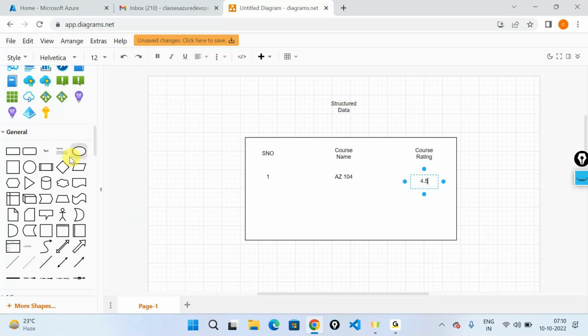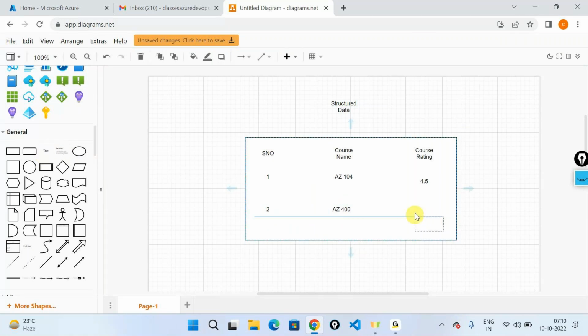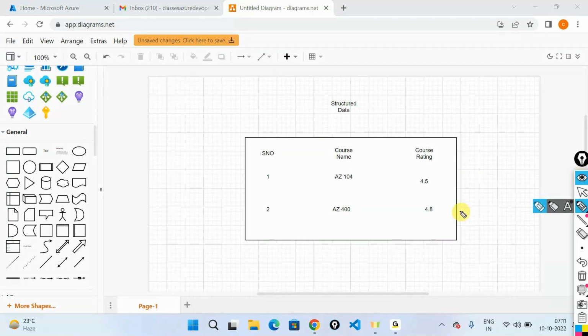I then have a course called AZ400. Multiple courses. AZ400 out here, and something like 4.8 or something like this. So I have multiple courses that are offered by the institution, which I want to place in the form of a table which contains rows and columns,